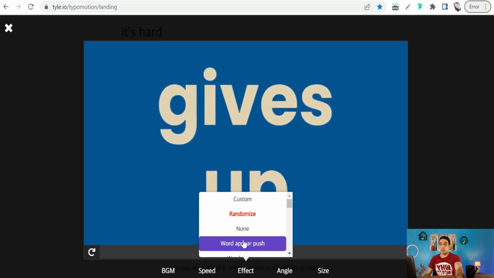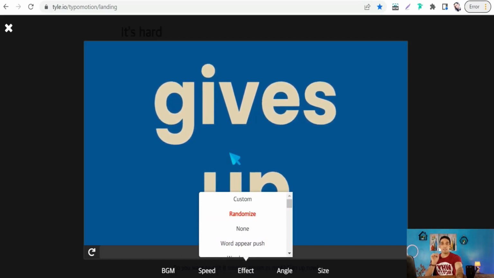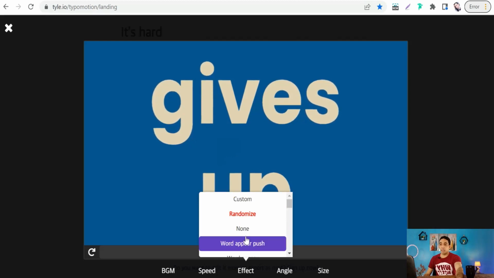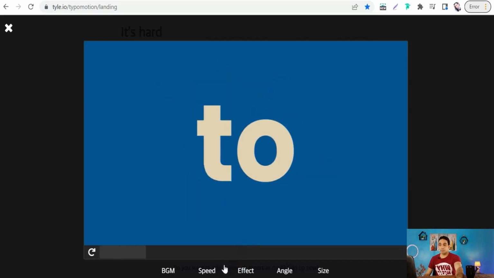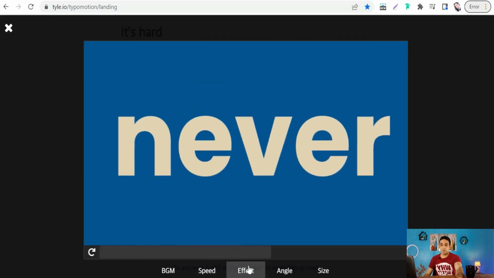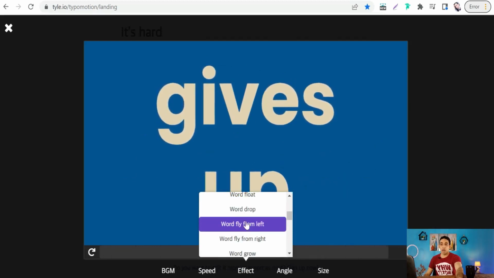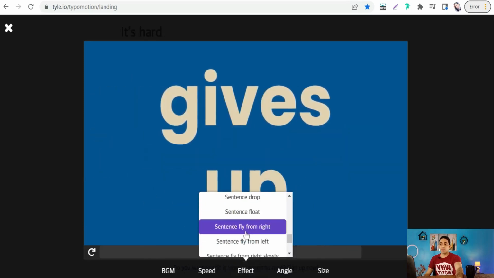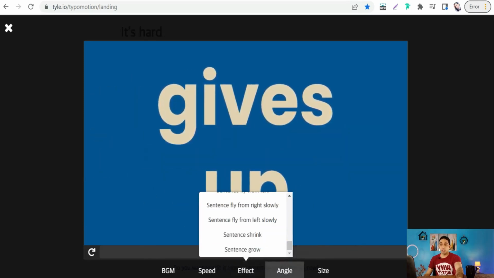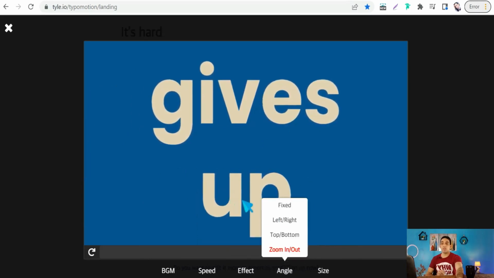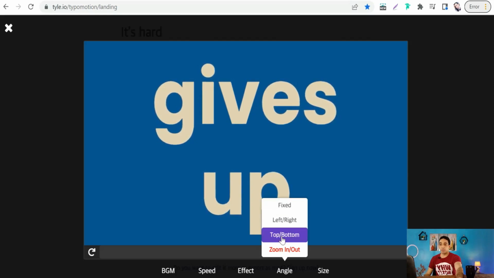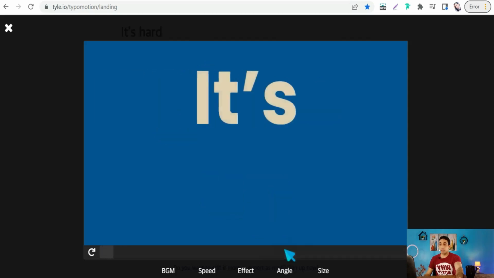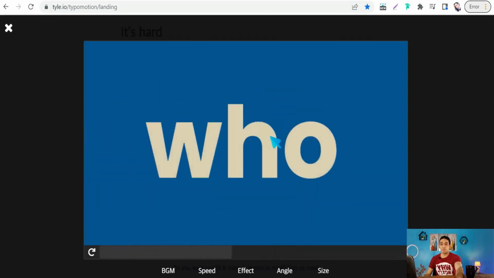Effect, or the effect of these moving words, like you can make it word jump, as you see, make it float, drop, word fly from left or from right, or you can make it randomize, and so on and so forth. Angle, the direction of your words, like left, right, top, bottom, zoom in, zoom out, and so on, like this one. Okay,